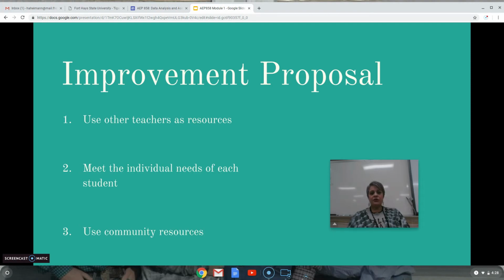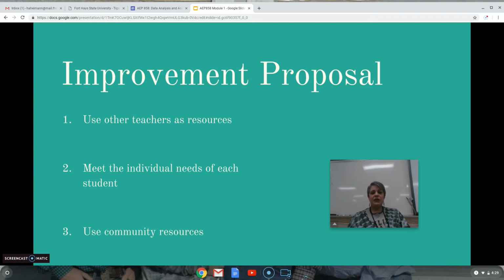And I also think we need to use our community resources here at TextLine a little bit more. Sometimes we have a tendency to just keep it all in the school and not use our community as much. On our elementary side right now, they have what they call tornado time, and we have people from the community that come in. They work individually with some of the different students, some of the high students, some of the low students. I'd like to see that program maybe continue over into the junior high and high school side,